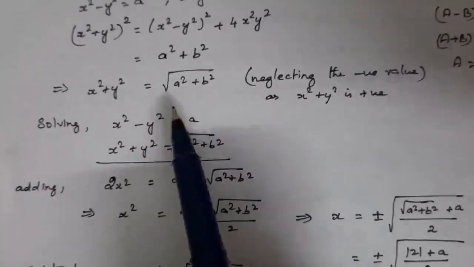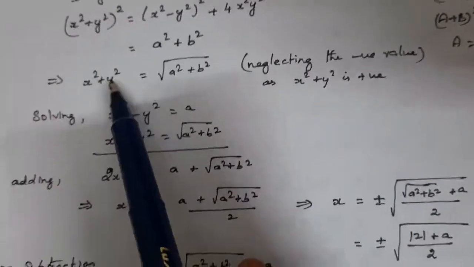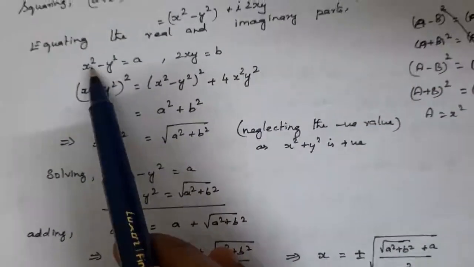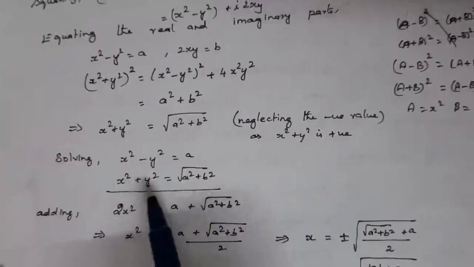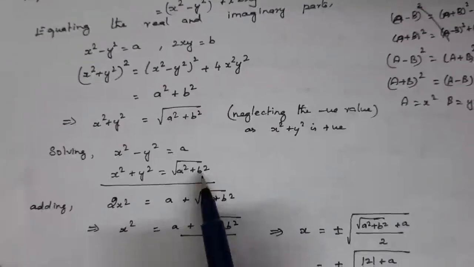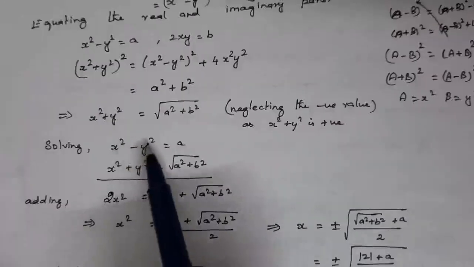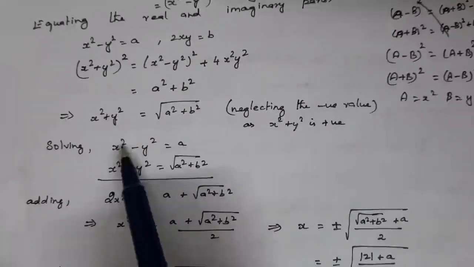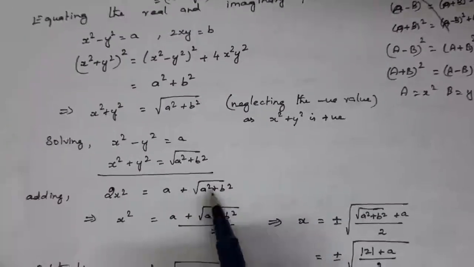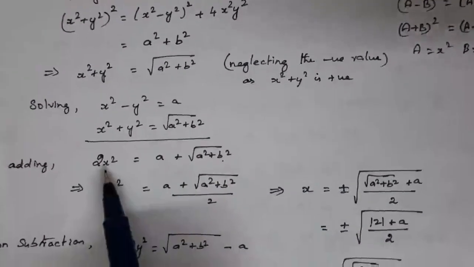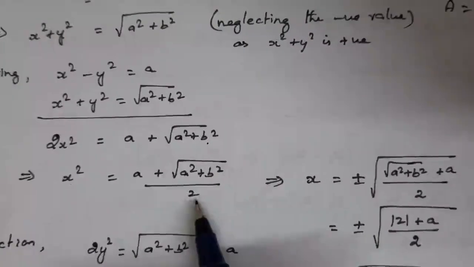Now it is easy to get the value of x and y after getting one more equation in x squared plus y squared. So already we have one equation, x squared minus y squared is equal to a. Now we got x squared plus y squared equal to root of a squared plus b squared. Let us solve these two. By adding the two equations, minus y squared plus y squared get cancelled. x squared plus x squared is 2x squared, equal to a plus root of a squared plus b squared. Then this implies x squared is equal to a plus root of a squared plus b squared divided by 2,